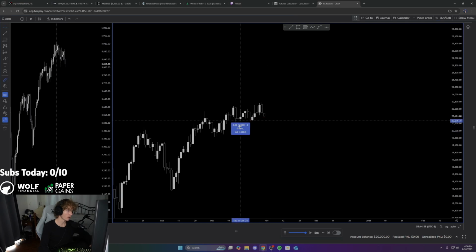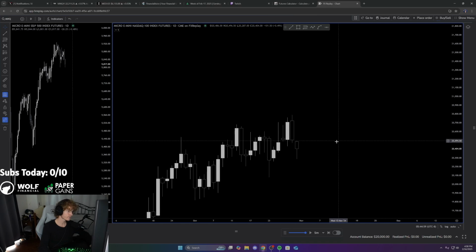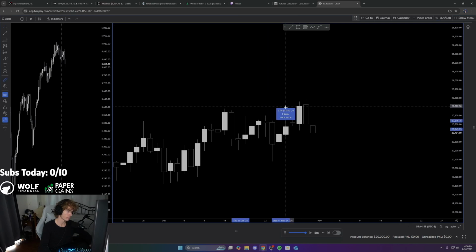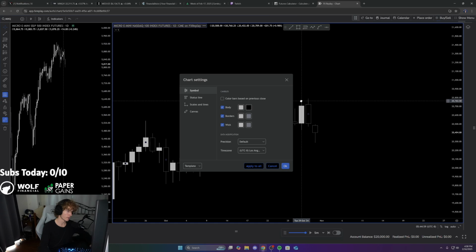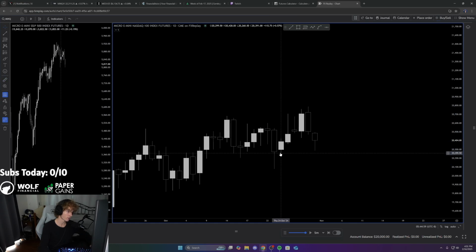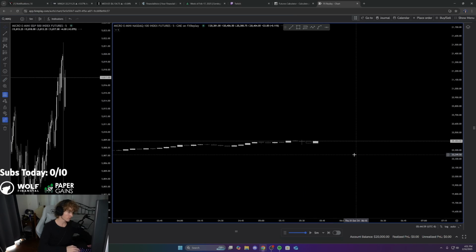I would expect the market on the higher time frame to work into these lows because just based off the weekly profile, Monday opened up, just consolidated. Tuesday took highs. Wednesday took highs of both, the high of Monday and Tuesday, manipulated those highs. Now we're seeing distribution to the downside. The target for that would be these lows.